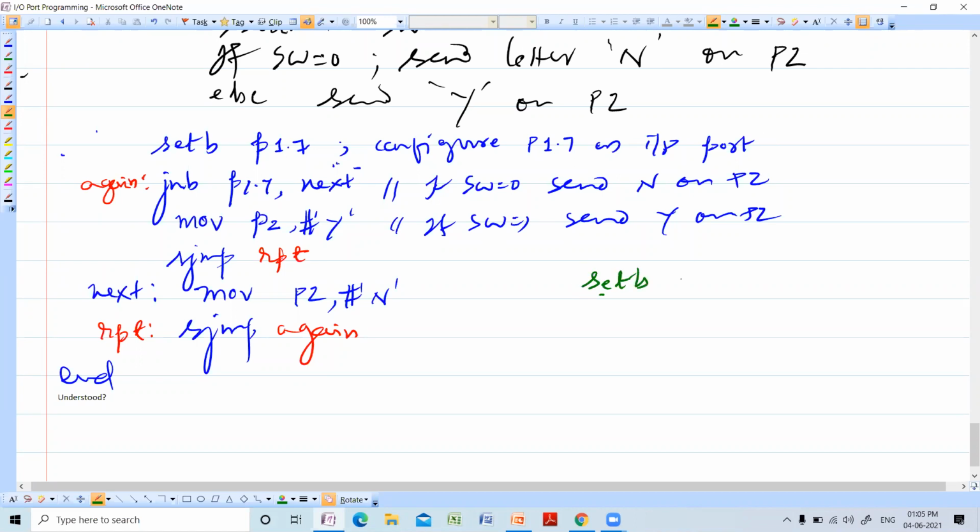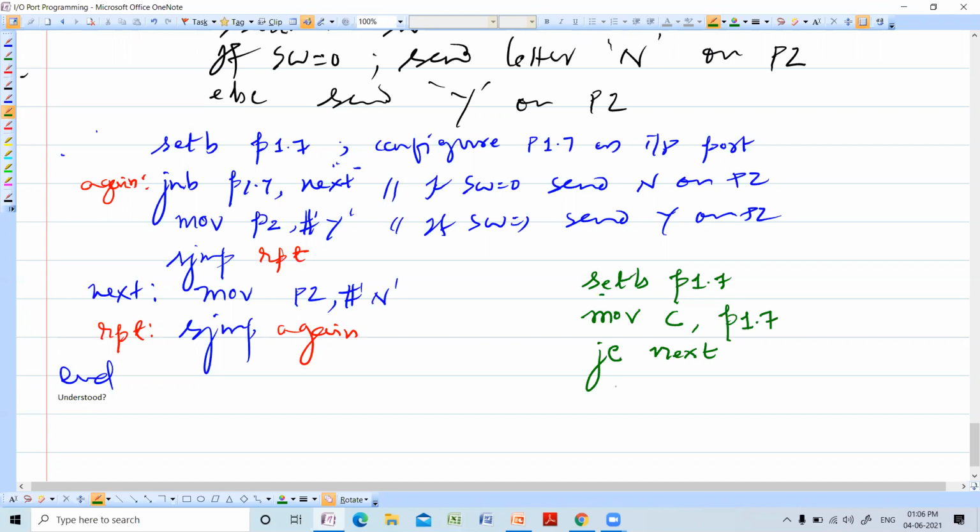Configure it as an input port. Then what you have to do? You have to read it to a carry flag. MOV C, P1.7. You are reading to a carry flag. You are checking the carry flag. JC means P1.7 is 1. JC next.